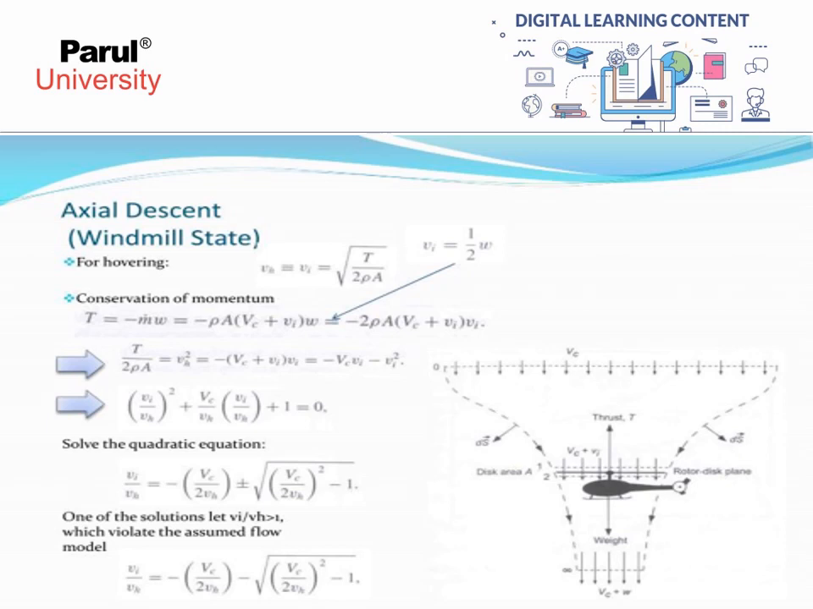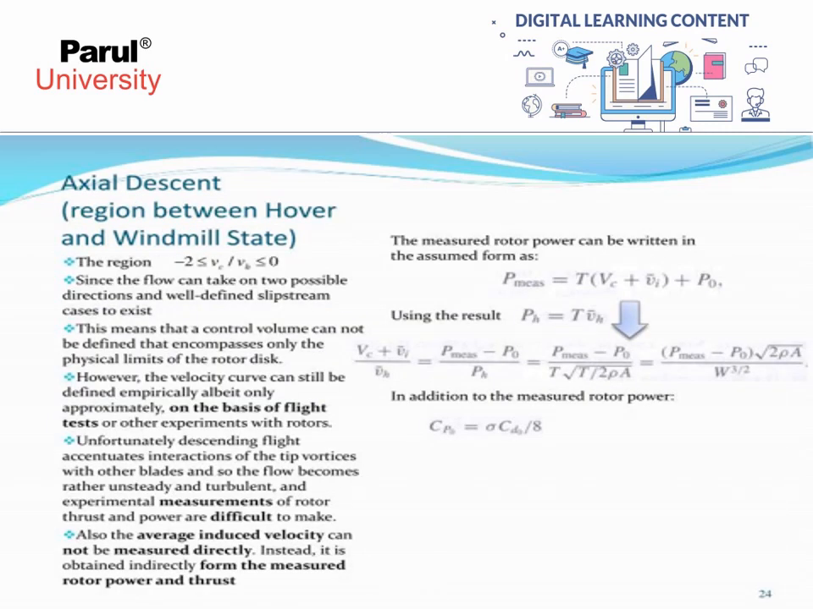Right? Now we can go for next. The axial descent region between hover and windmill state. The region minus 2 is less than or equal to Vc by Vh, which is less than or equal to 0, since the flow can take on two possible directions and well-defined slipstream cases to exist. This means that a control volume cannot be defined that encompasses only the physical limit of the rotor disk. However, the velocity curves can still be defined empirically, approximately, on the basis of flight tests or other